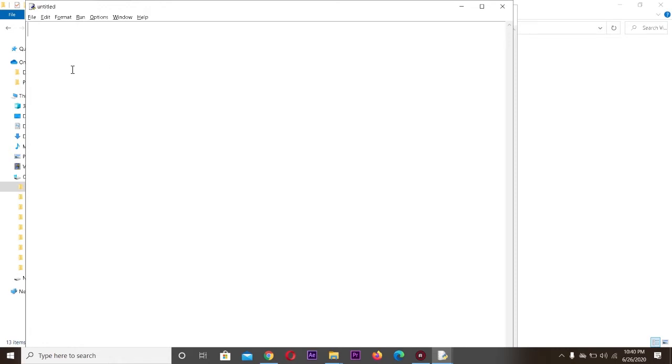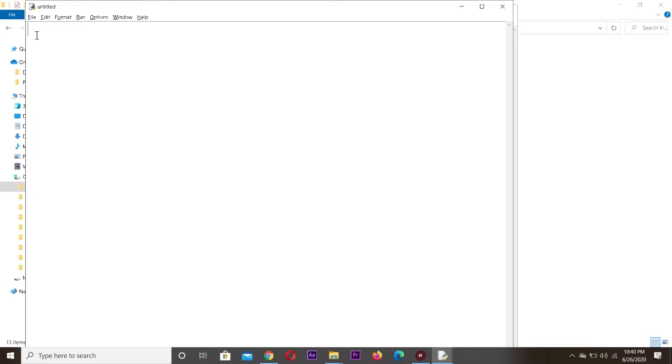So what do you mean by a script file? It is a text file containing a set of Python statements. Now we are going to create a program for finding the maximum of two numbers. Maximum of two numbers means definitely we have to go for an if else statement.